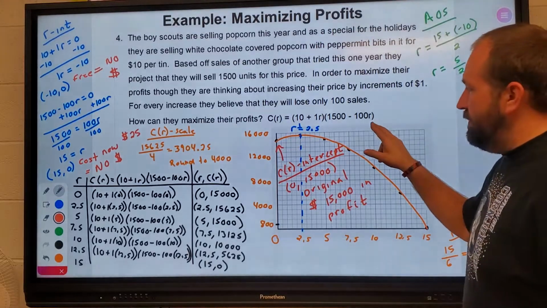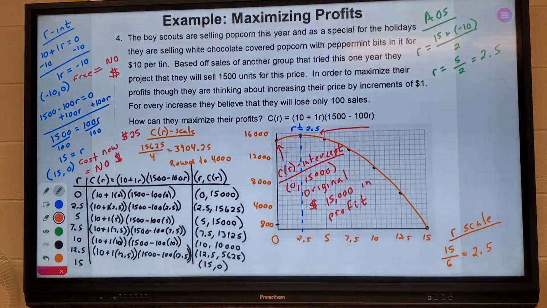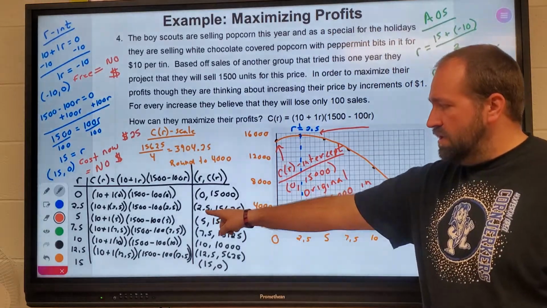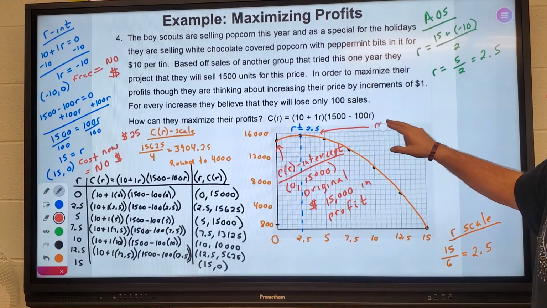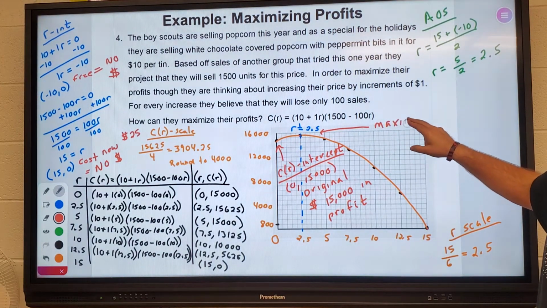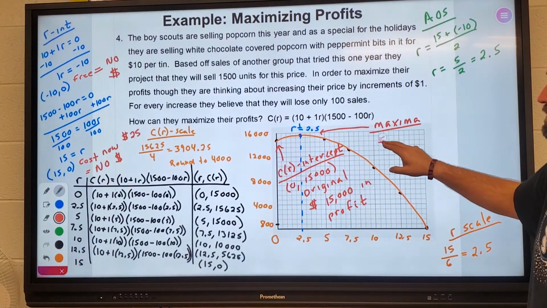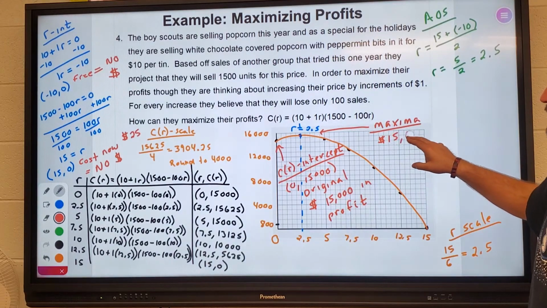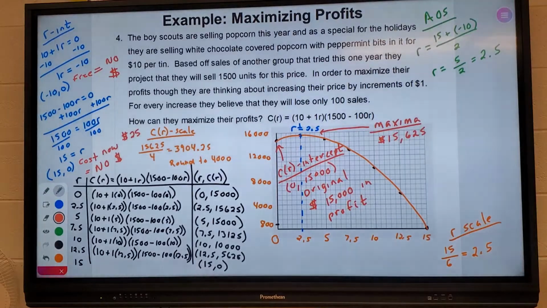Then the maxima again then comes from the axis of symmetry, and on that line, the vertex. So the vertex here is when we plug in the AOS and we get the output. So this is my maxima right here. So my maxima is that 15,625. Okay, so now the question again is, what does that mean? So that's the most amount of money that I can make